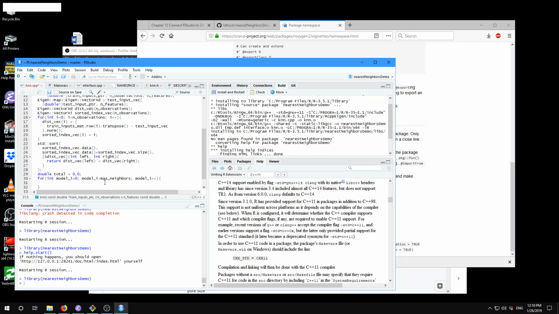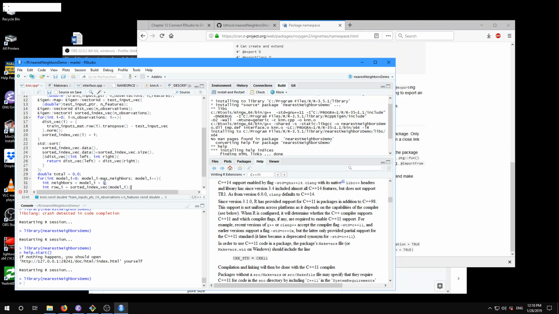And so we can define a variable int neighbors equals modelI plus 1. And we can define int row, which is going to be the row of the nearest neighbor, and that's going to be the index in this sorted index